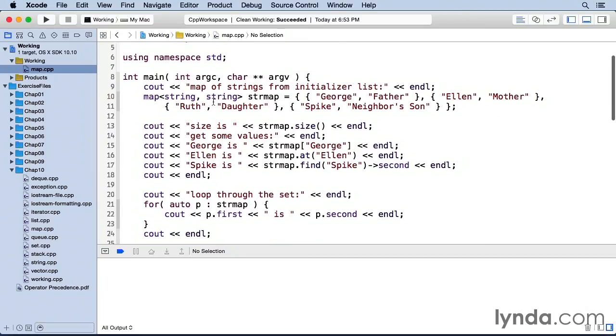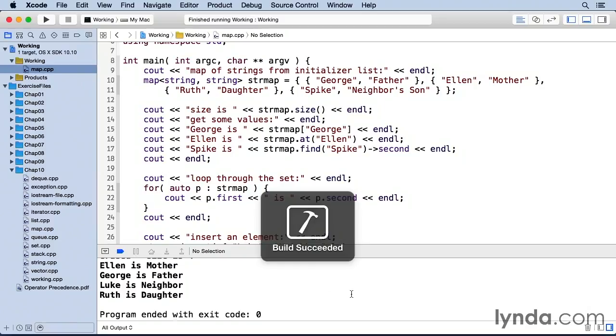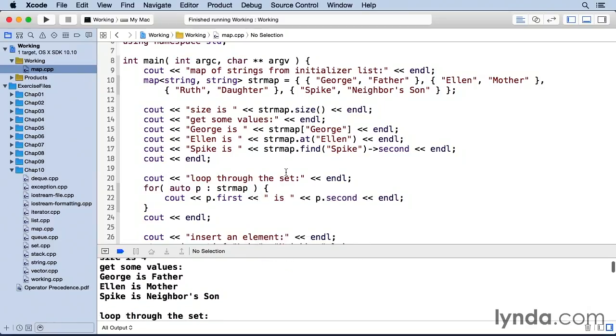So here we have a map of strings. I'm initializing it from this initializer list, and you'll notice that my initializer list is nested, that I'm initializing both first and second, the key and the value in each of these elements. So I have 4 elements, and each of these 4 elements has 2 elements. And so I'm going to build and run, and you see up here at the top,